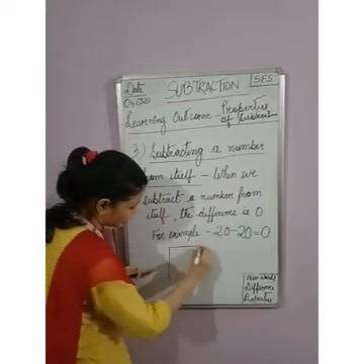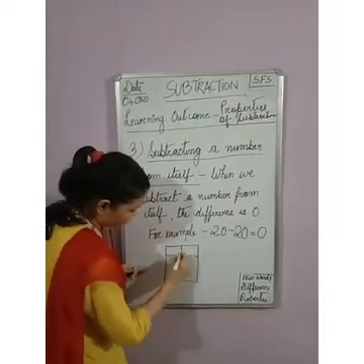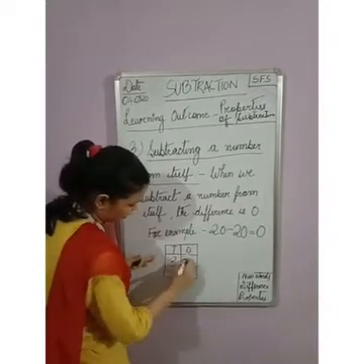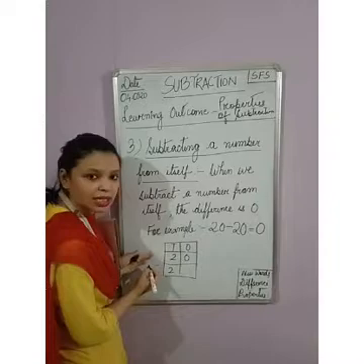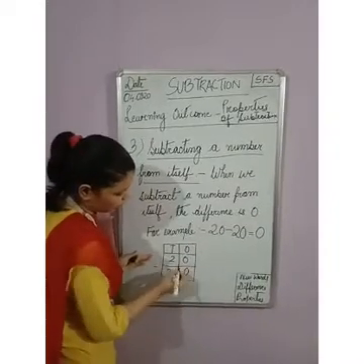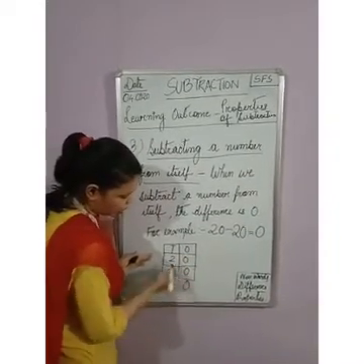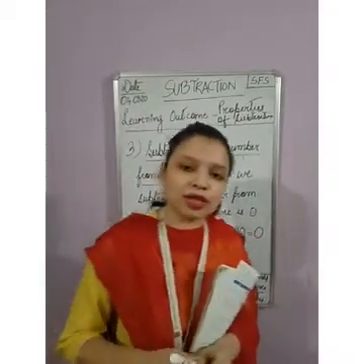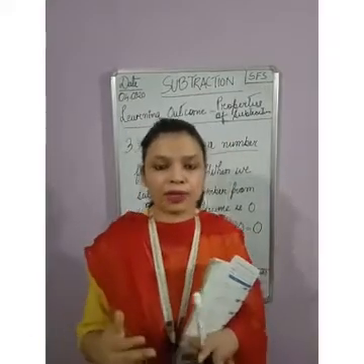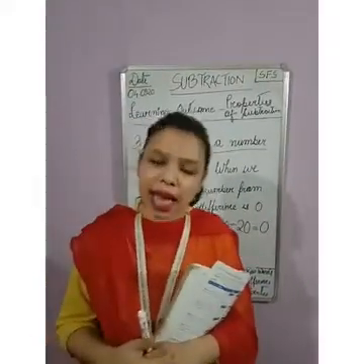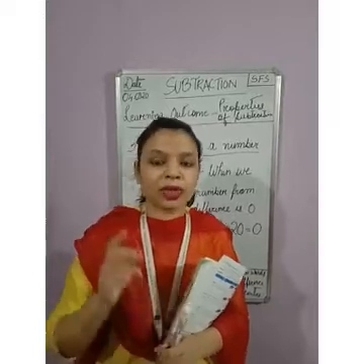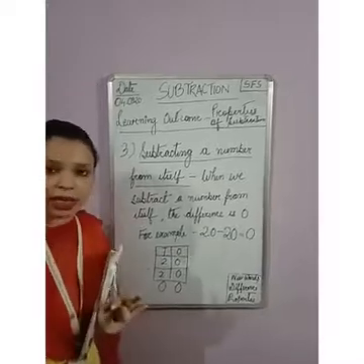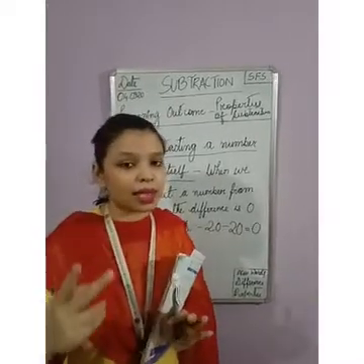We can find out also. I am going to take the place value chart. Ones, tens, 20. The sign for subtraction is the minus sign. 20 minus 20. So 0 minus 0 we are getting 0, 2 minus 2 is 0. So the answer is 0. So when we take the same numbers and find the difference, the answer is 0. One thing is that when we add the same number, for addition I am speaking, the answer becomes twice.